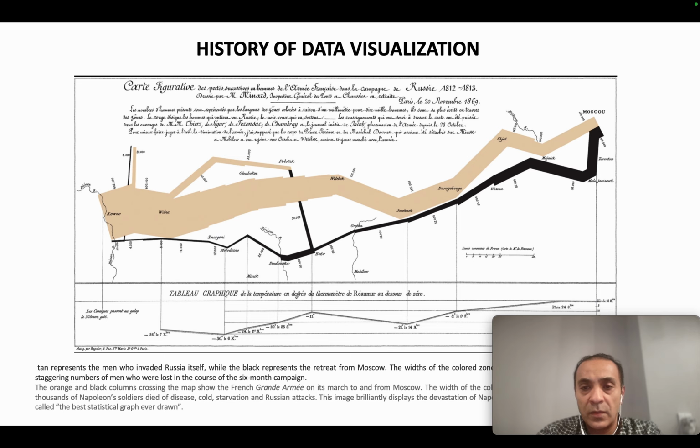The widths of those color zones show how the number of soldiers marching was lost in the course of the 6 month campaign. As the width of these tan and black lines becomes smaller, it indicates that so many soldiers lost their lives during the campaign,